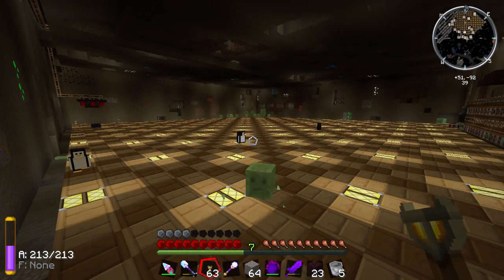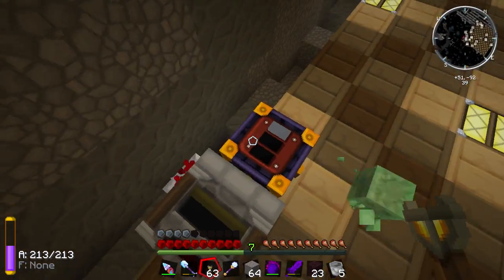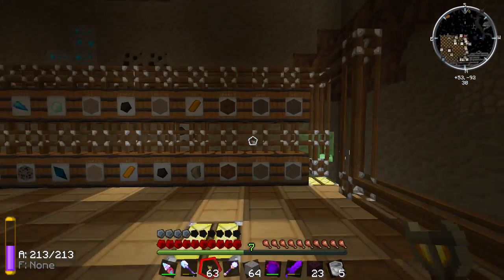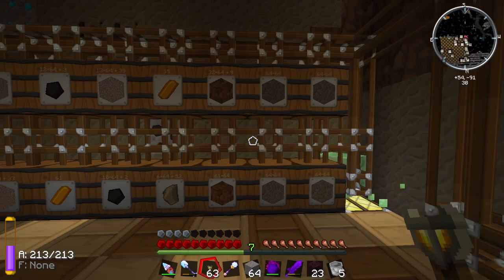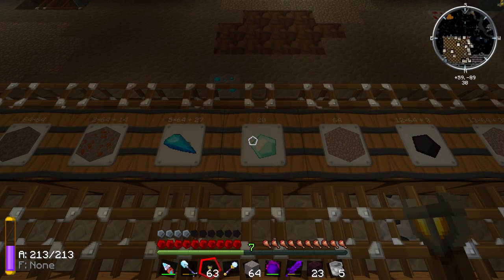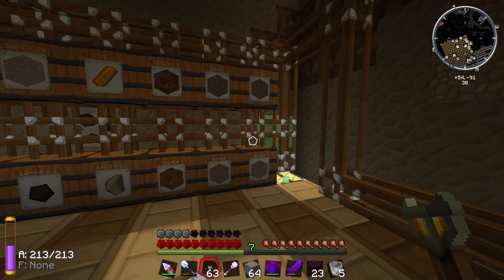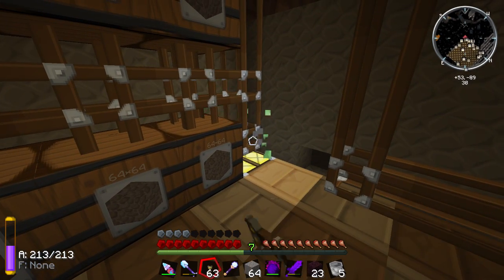I have a different base where I have the slimes, where I have my quarry, and it will just pump everything over here. This sorting system is horrible, not sorting system, but storage system. Ooh, 20 diamonds. How about that? It's not good. Before I had this connected to the bottom, I think that